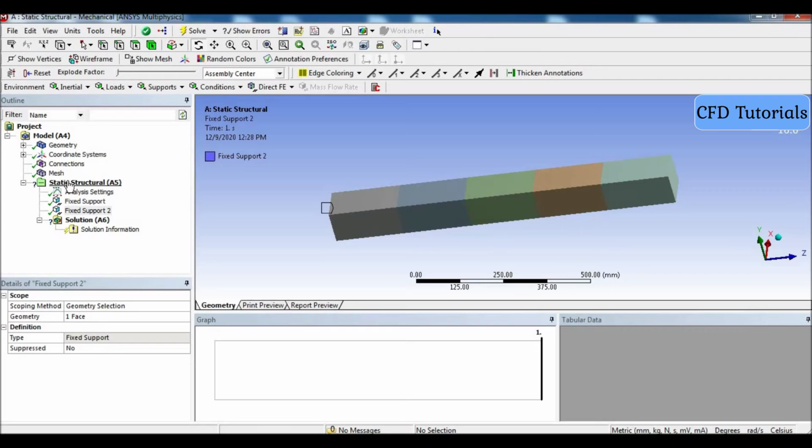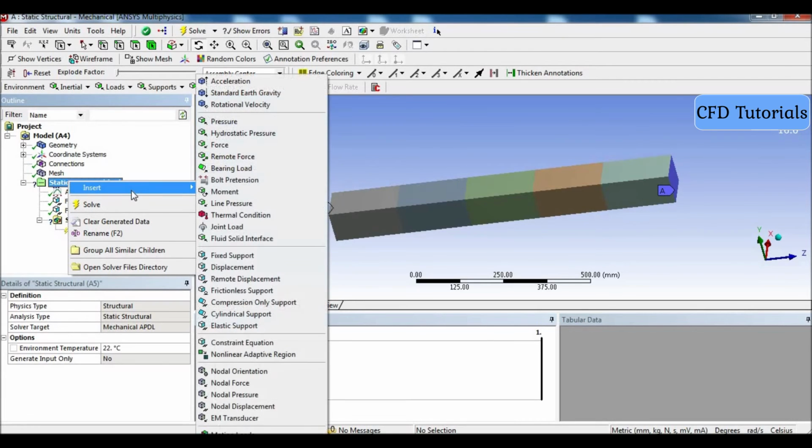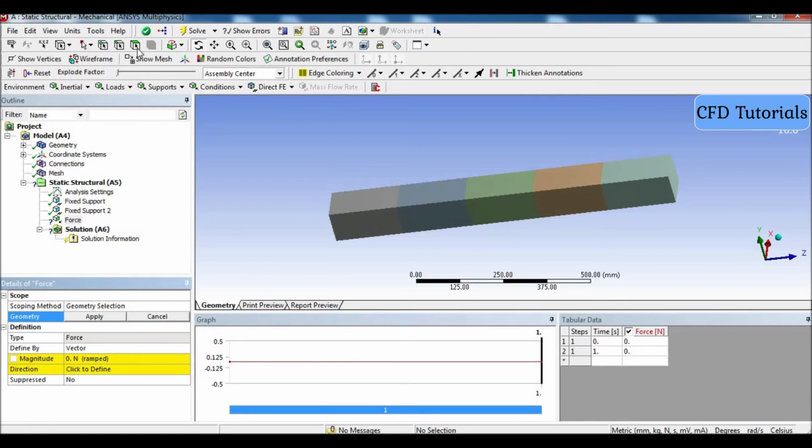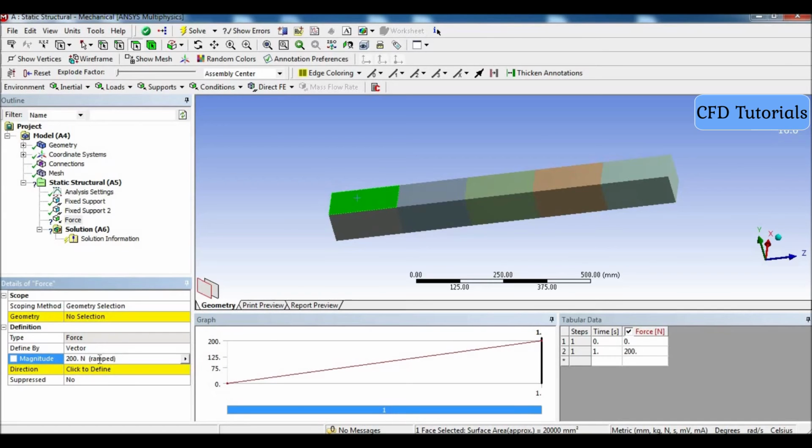How am I going to give the load in the negative direction? Right click on it, go to insert, then go to force. I am applying the force over a surface here. By clicking this, you can give as much as per requirement. Let us suppose you have given a load of 200 here. The direction is the positive y direction. You can click on this, choose the negative y direction, and then apply. So this is your direction in the negative y direction. Same thing.